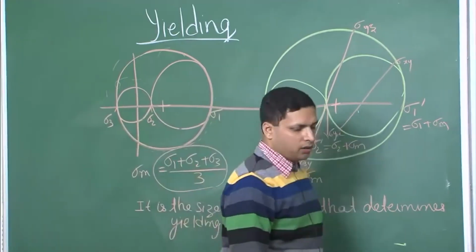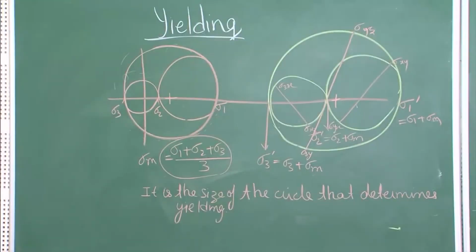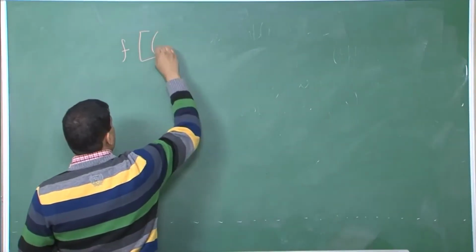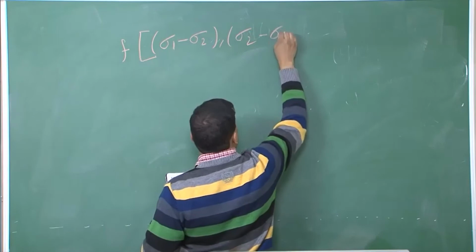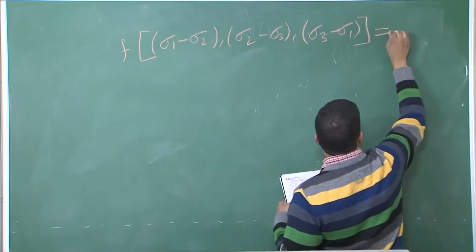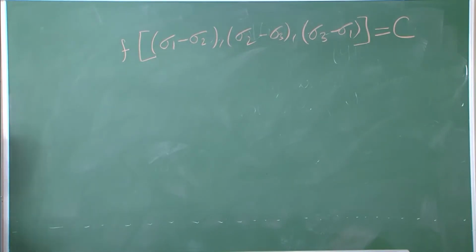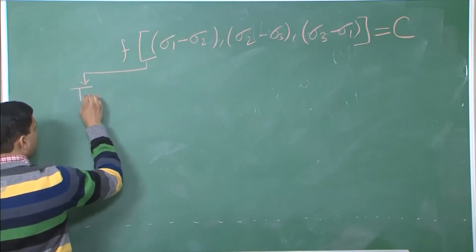Like we said earlier, yielding is now defined by the difference between the principal stresses. Why are we taking the difference between the principal stresses? Because the difference between the principal stresses is nothing but shear stresses. So, we have said F of sigma 1 minus sigma 2 should reach some critical value. This is what we have done so far. Now, people have come up with two different criteria. One of them is called Tresca,